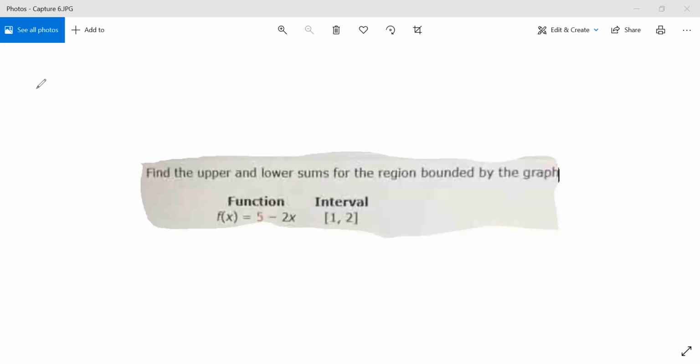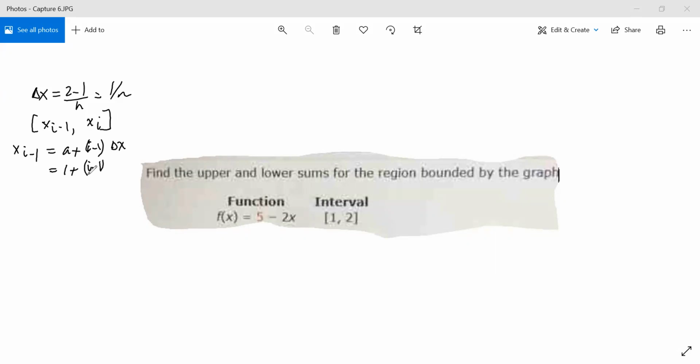Okay, first let's find delta x. So delta x is 2 minus 1 over n, which is 1 over n. Then I pick this interval, the ith interval, which is [x_{i-1}, x_i]. And x_{i-1} is defined as a plus (i minus 1) times delta x. So the a here is 1, and this is i minus 1